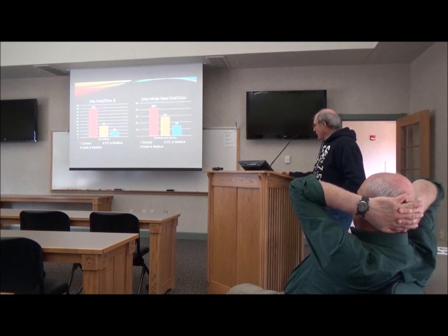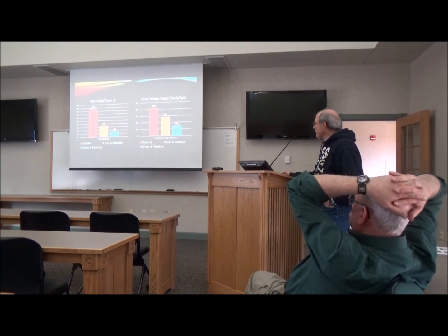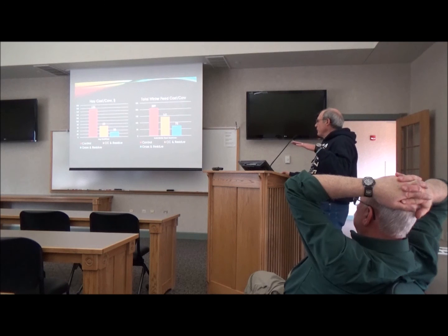in terms of dollars and cents. I think some of you saw this data a few weeks ago, but our hay costs ran from $173 down to $30, so you've got a $140 some difference between these two situations in just the hay. But we've got some other expenses involved in the cover crop, the seed, and the cost of that hay and whatnot. So now we're looking at kind of a 73 versus a 209. Those are some serious dollars